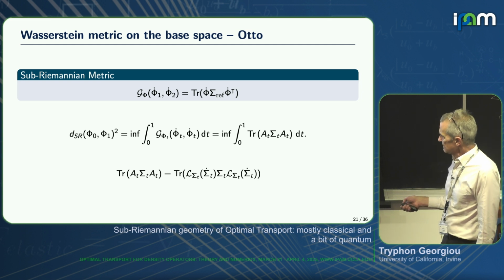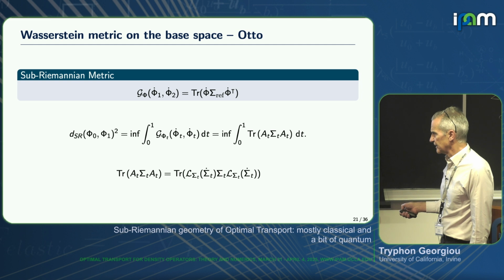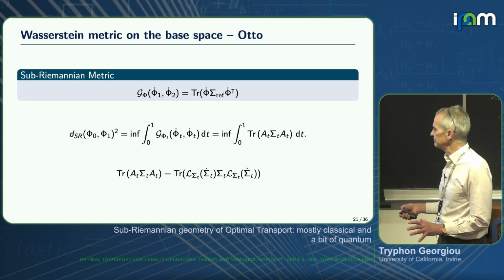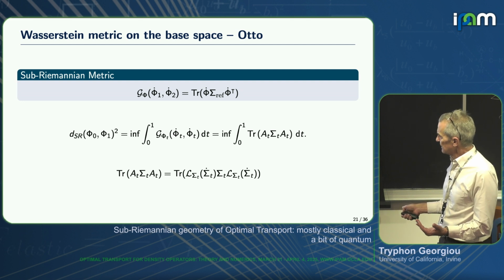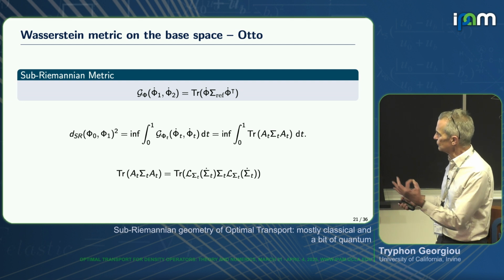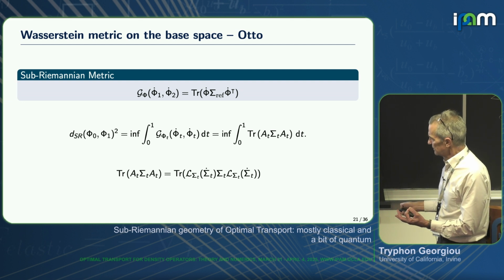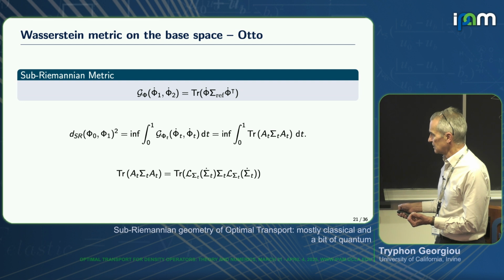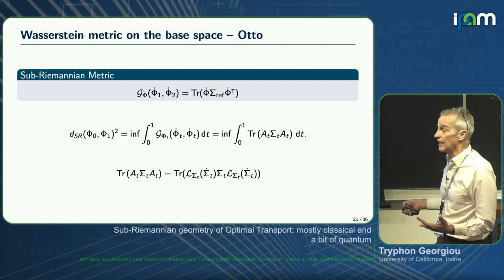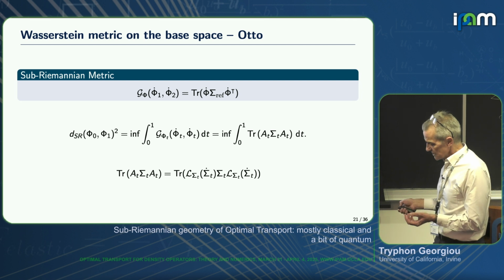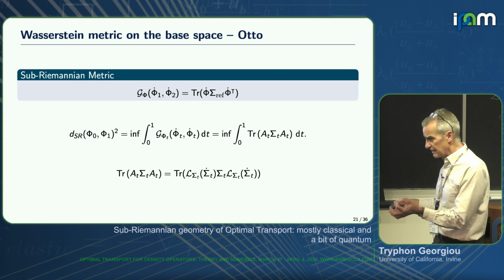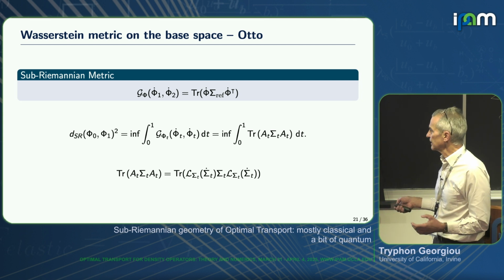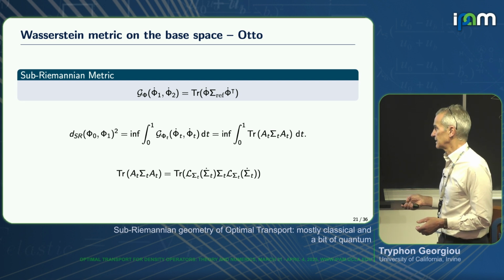Now, this is a very interesting expression, again connecting to thermodynamics. This is a little bit of a jump. You have a quantity here that, as you're traversing from beginning to end, you're penalizing. And the interesting thing is that this is quadratic in sigma dot, very much like in the Benamou-Brenier formula. This suggests that it's also connected to dissipation, because if you go very, very slowly, the derivative becomes minuscule. Okay, so there are things to connect here.